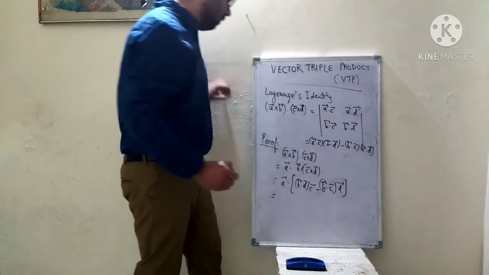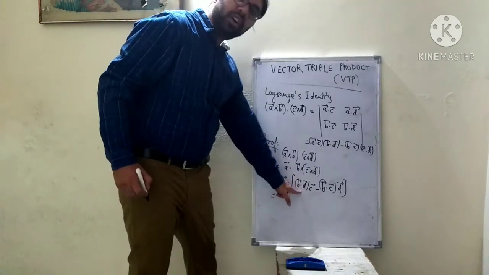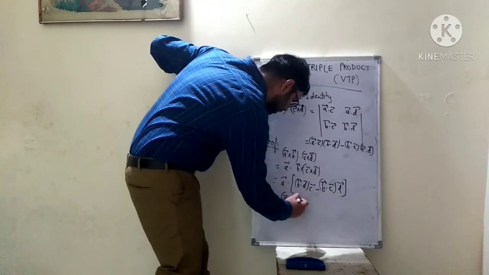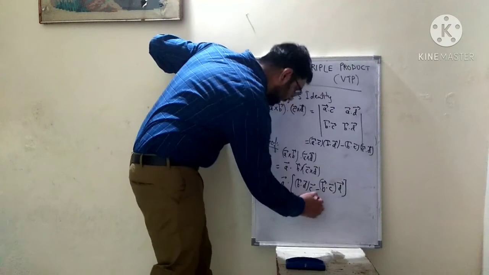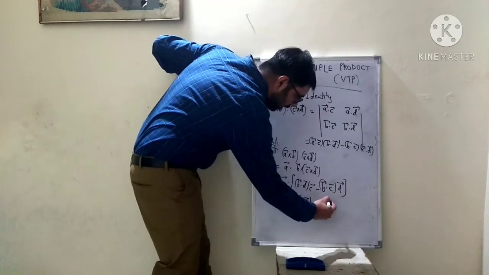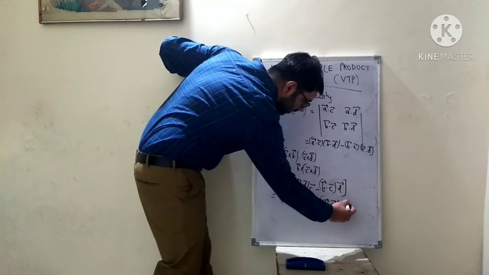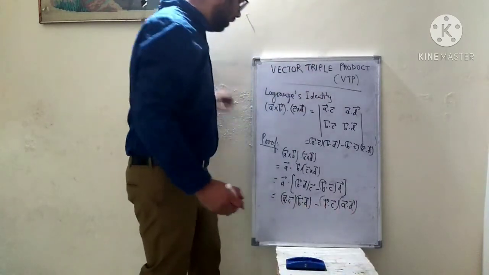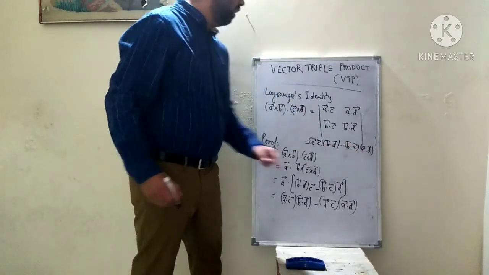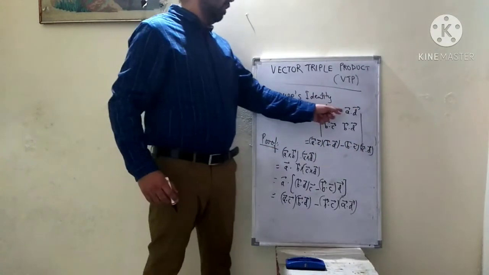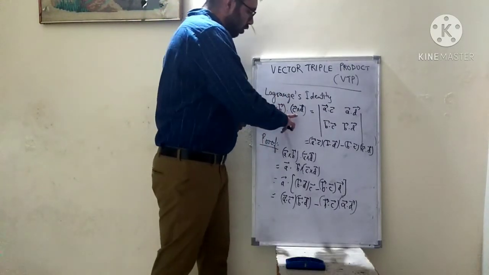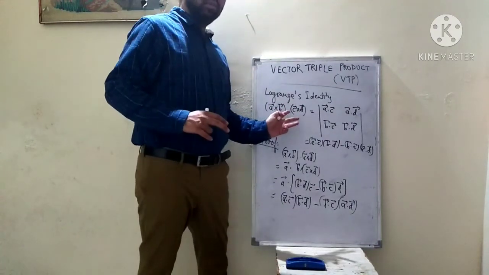Right. So on further simplification, in the first expression B dot D is a scalar, so we take the dot product of A and C. So A dot C times B dot D, and minus, in the second, we need to multiply A vector with D vector because B dot C is a scalar. So it will become B dot C times A dot D. Okay. So this result is the same as this result, which means A dot C into B dot D minus B dot C into A dot D. And this result we can also write in the form of a determinant like this. So this was Lagrange's identity when we are taking dot product of two vector products.